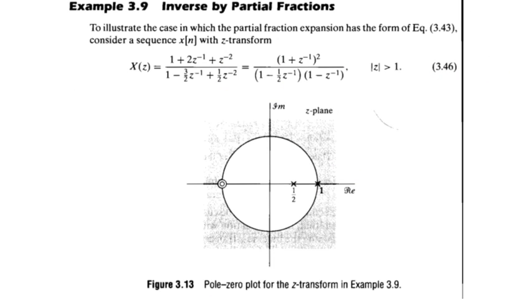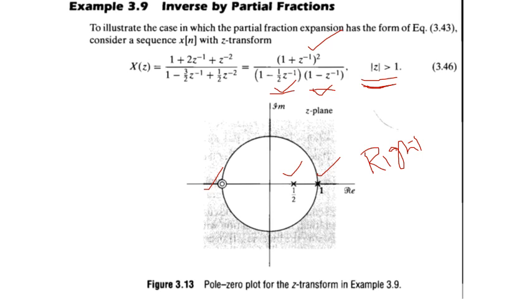Here we have another example, and you can see we have a numerator portion and a denominator portion. These are polynomials in z inverse. So the first thing that you need to do is to find out the factors. The factors of the numerator are this and the denominator factors are this. From the denominator we can see that one pole is at 1/2 and the other pole is at 1, and the zeros are at minus 1. Both the zeros are at minus 1, and the region of convergence is greater than 1. So it means that it is a right-sided sequence. Both these factors are right-sided, so their overlapping occurs after